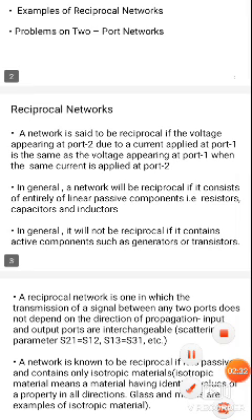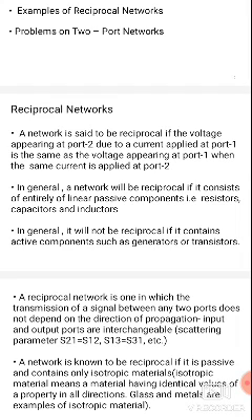What is meant by a reciprocal network? A network is said to be reciprocal if the voltage appearing at port 2 due to current applied at port 1 is the same as the voltage appearing at port 1 when the same current is applied at port 2. In a two-port network, port 1 and port 2 are represented as 1 dash as the input port and 2 dash as the output port. The input port voltage is V1 and the output port voltage is V2. Similarly, the input port current is I1 and the output port current is I2.